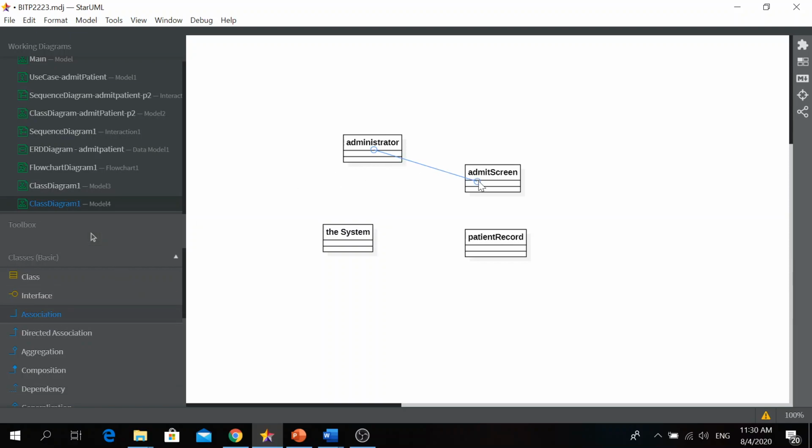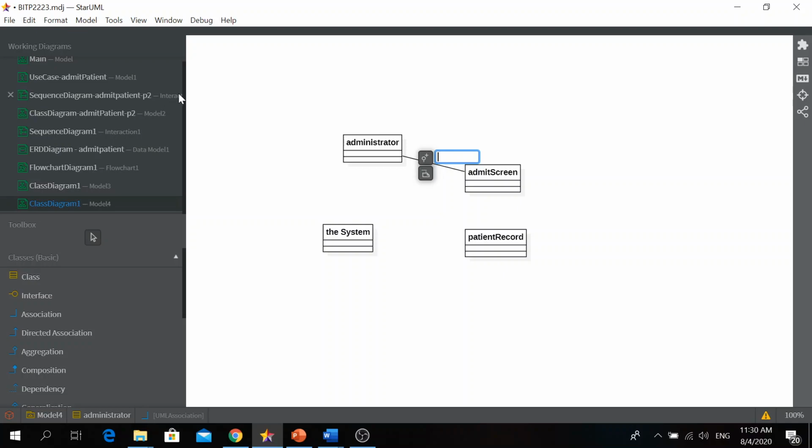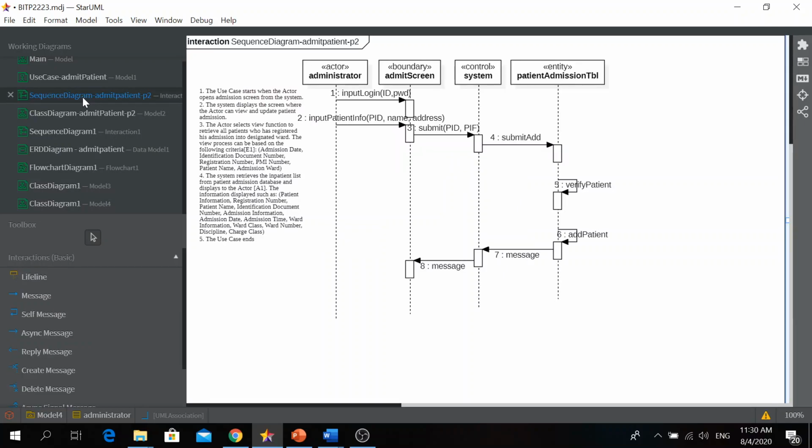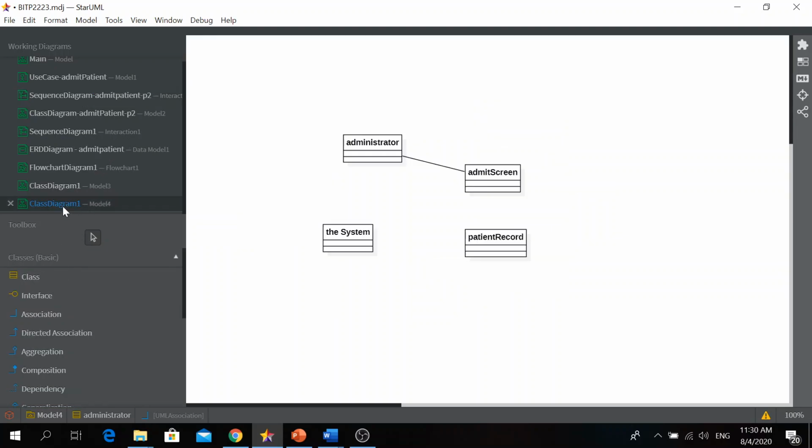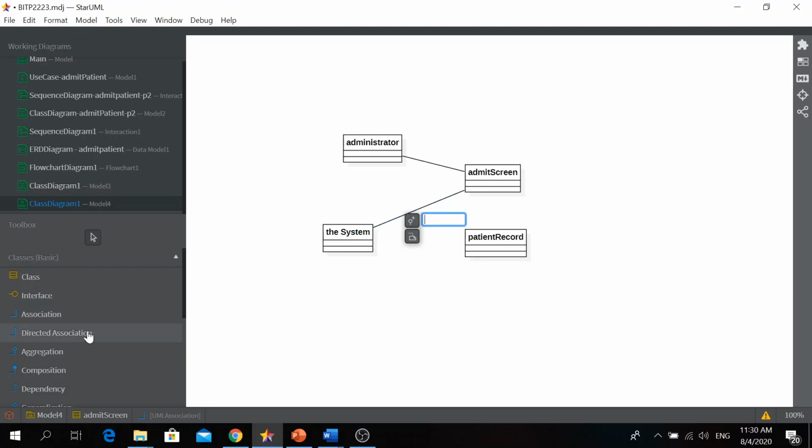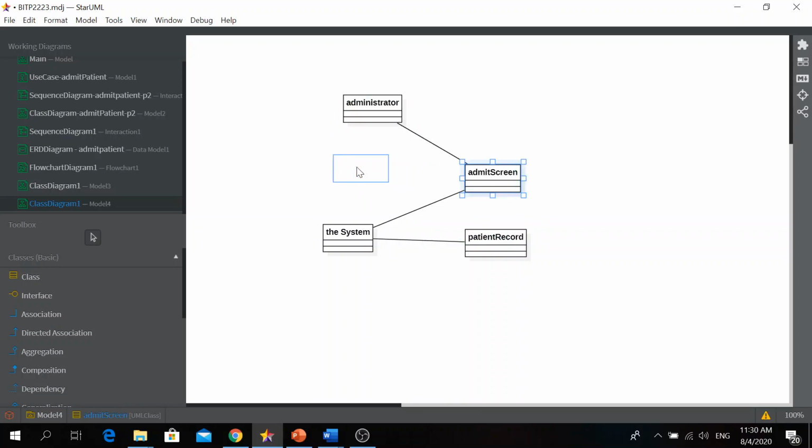Administrator to admit screen. Then the admit screen relates to the system. And then the system will connect to patient record. Okay, so we arrange the objects.